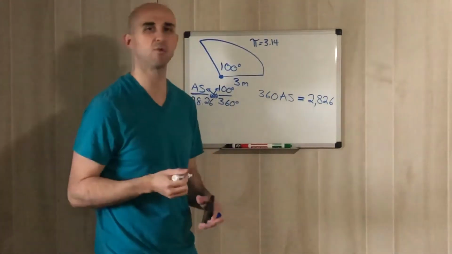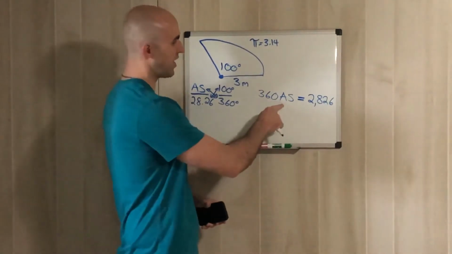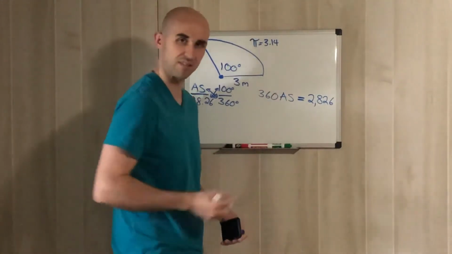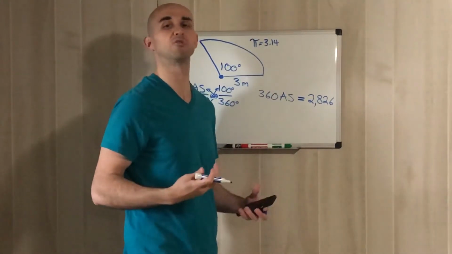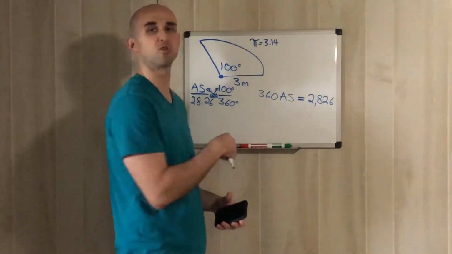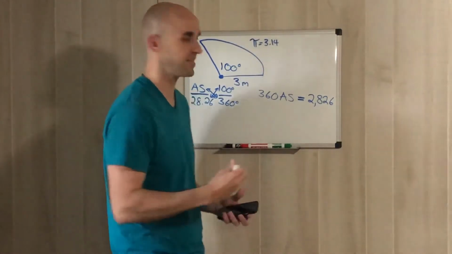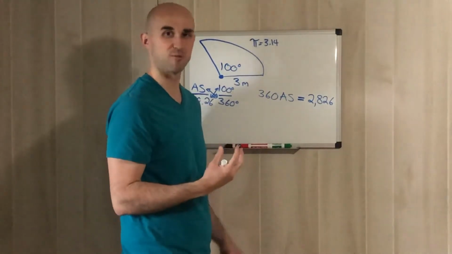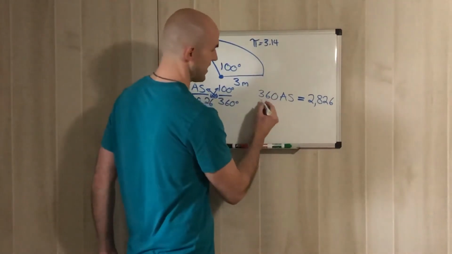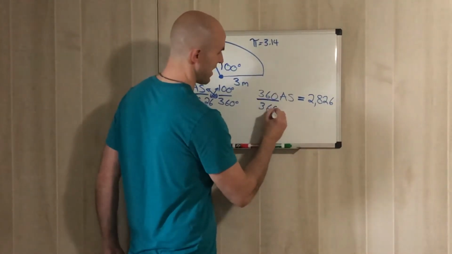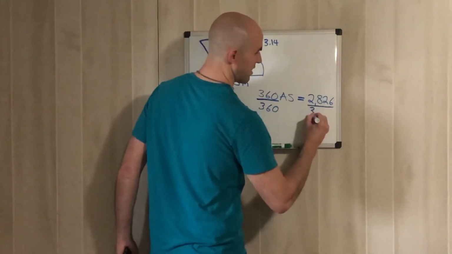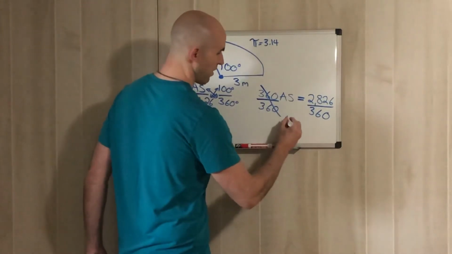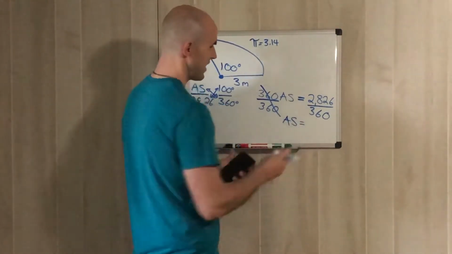Now the last thing we gotta do to solve for area of a sector is we wanna get AS by itself. We wanna isolate AS, which means we have to get rid of 360 degrees. Whenever you're trying to isolate a variable, you gotta do the opposite. And whenever you have the number next to the variable, it always represents multiplication. And the opposite of multiplying is dividing. So divide that by 360, divide this by 360. We know that the 360s cancel out. And once you divide them, it gives you